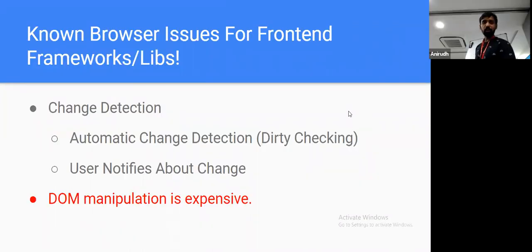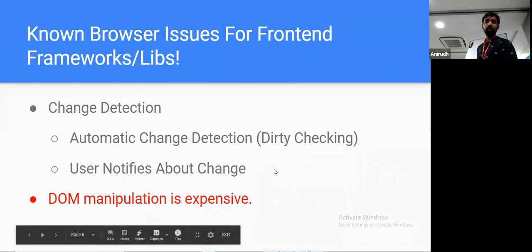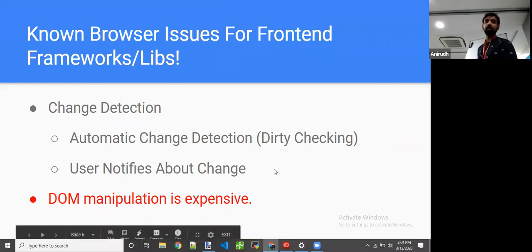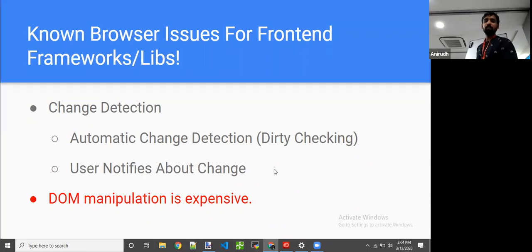Now, the second important issue faced by most frameworks is how to manipulate the DOM. Obviously DOM manipulations are very expensive. If you directly try to mutate the DOM element every second, it would take a lot of time. So how does React take care of it?